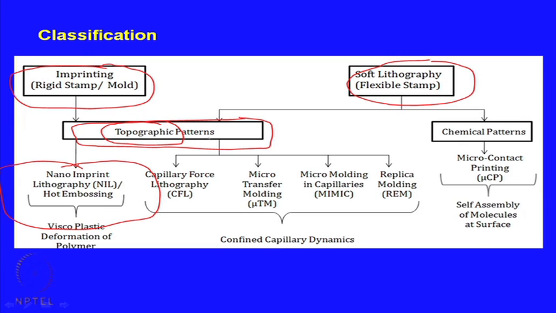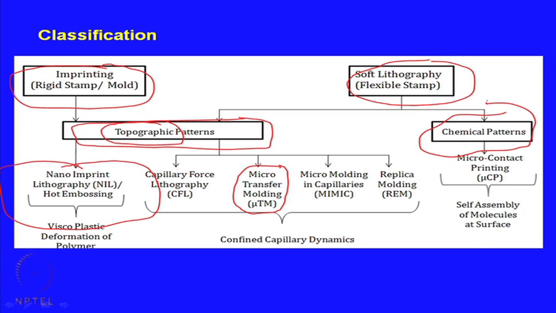table with discussing topographic patterns, and now you see most of the names that are written here will make sense to you. So, CFL you understand, micro molding in capillaries you understand, replica molding you understand. We have also talked about methods like SAMIM, we have talked about methods like polymer bonding lithography, and we just talked about microtransfer molding. And the last part of our discussion on soft lithography, we will now focus on how